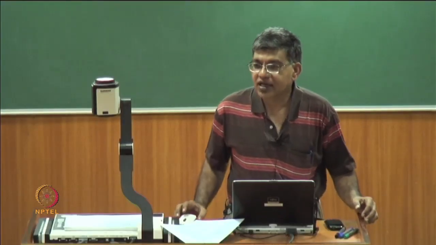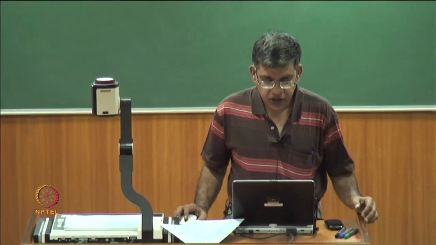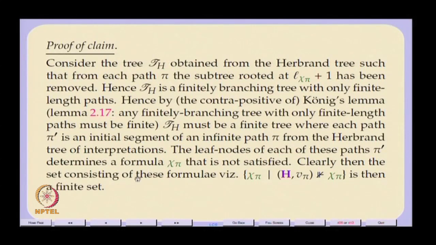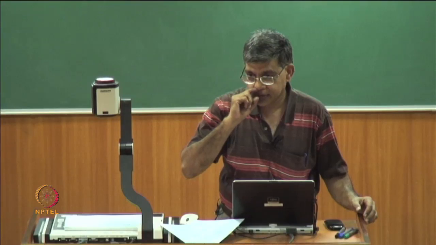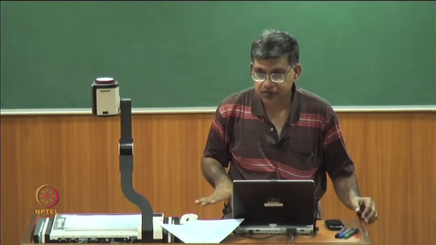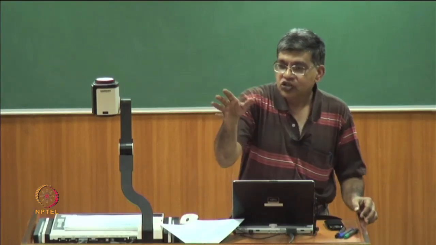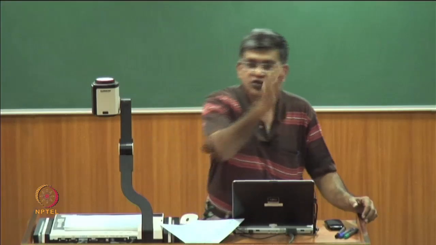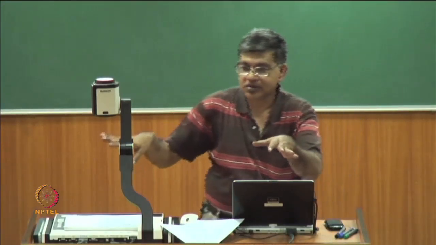I have got this level L chi pi for each formula. Now, I take this Herbrand tree of interpretation and chop it off at that point. So, that level L chi pi is a leaf node of that path. So, the entire subtree that comes below it, I chop it off. So, in every path there is one such point and I have chopped off everything below it, and I